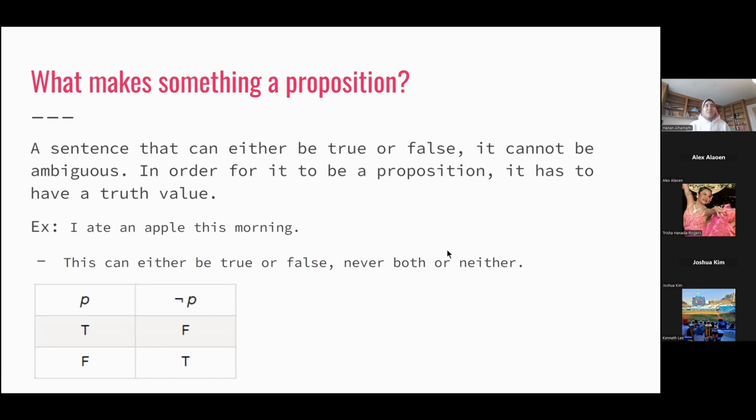What makes something a proposition? When a sentence is either true or false, it's a proposition. It cannot be ambiguous, it can't be